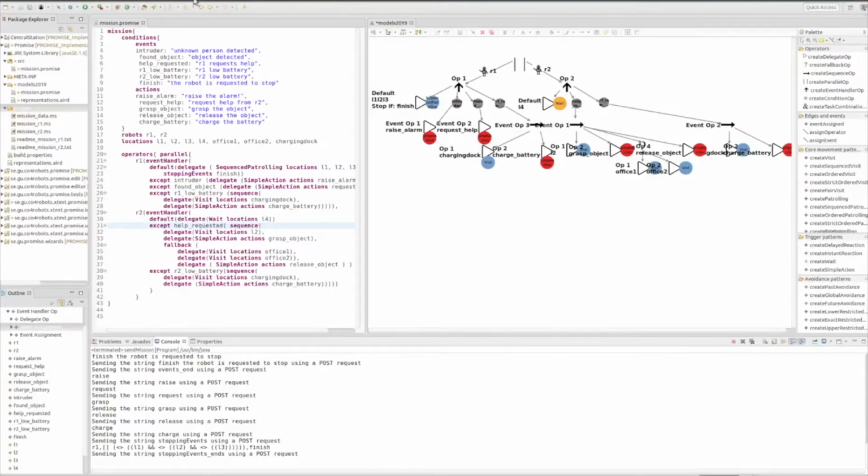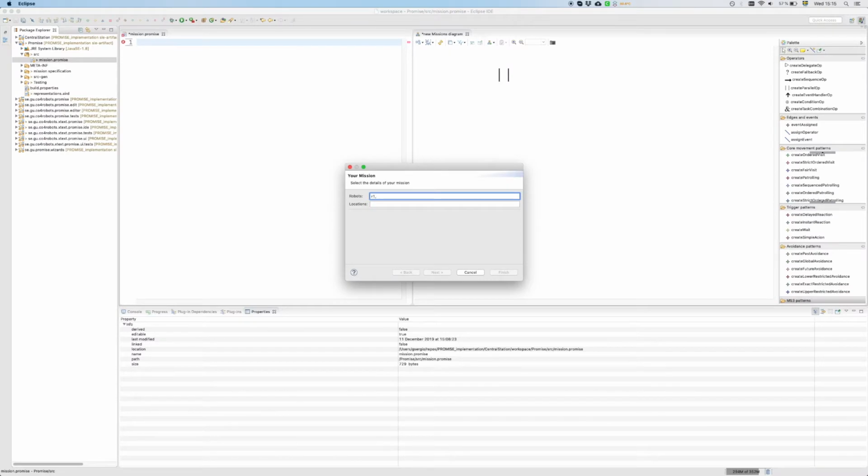Promise supports the mission specification providing two syntaxes, a textual and a graphical one. In this video, we will make a special emphasis on the graphical one, but we will show how both may be used seamlessly. As the first step for mission specification, we make use of a wizard integrated with Promise, which